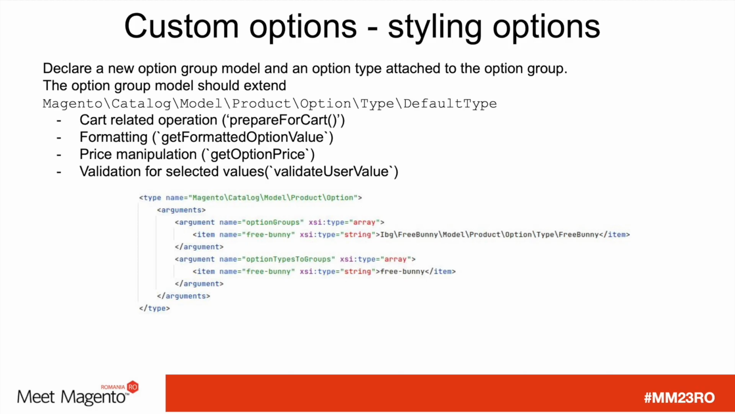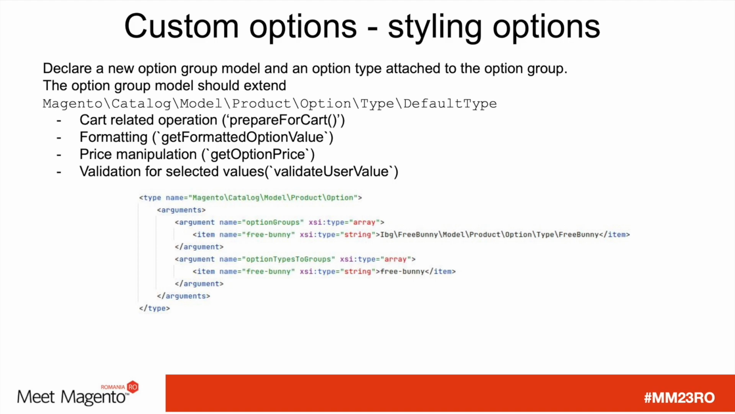So what can you do about the styling options? You need to create a model that extends from the default type. It doesn't need to extend, but it helps, because you get additional methods where you can prepare the custom option for cart. You can see if it's enabled or disabled, format the way it's displayed, do price manipulation, and validate if the user selected the value or multiple values. And it's like this. The weird part is,